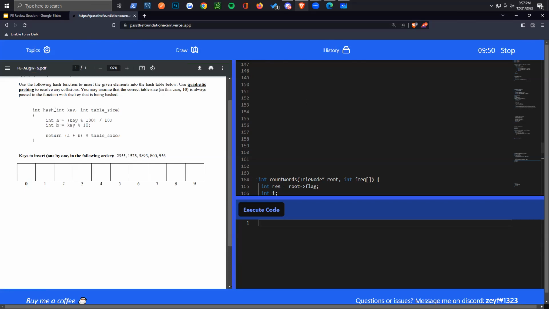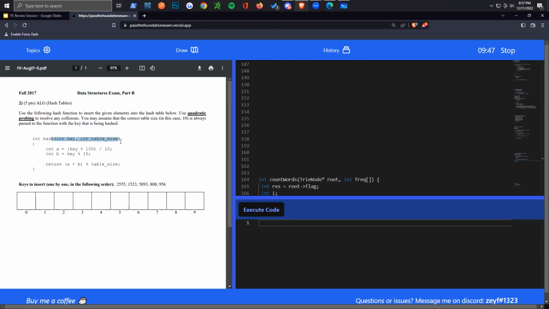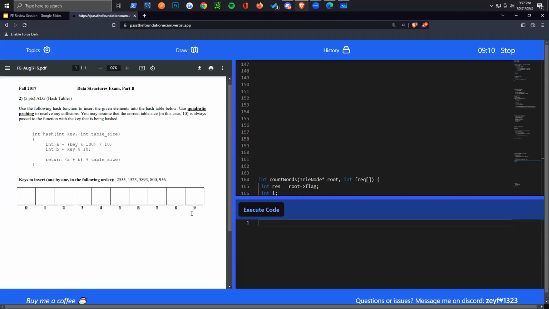So it says we have a hash function. We have a table size, and we're given these values right here, return a plus b mod table size. And they give us these values that we're going to have to insert based on whatever hashing algorithm they want us to use. So use the following hash function to insert the given elements into the hash table below. Use quadratic probing to resolve any collision. You may assume that the correct table size in this case is always passed to the function with the key being hashed. Okay, so we're given this, and we're going to want to insert it into these locations in the